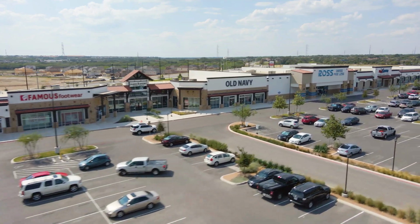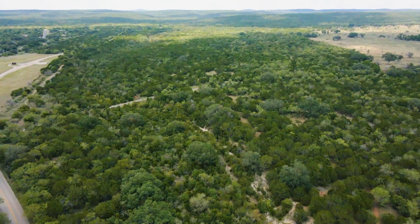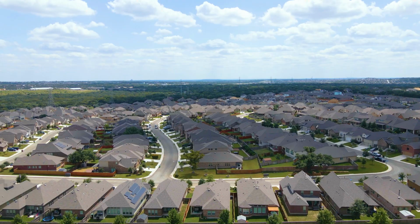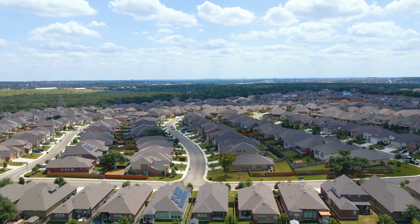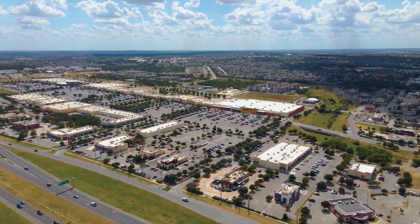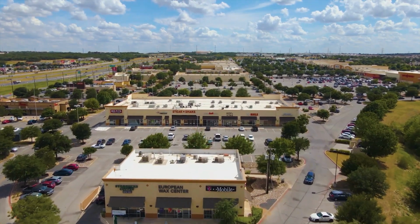Driving through the area, what usually stands out to most people is just how new everything is. A little over a decade ago, there was hardly anything out here at all, and it just kind of felt like you were out in the middle of nowhere. Fast forward 10 years though, and now you've got one of the most active and vibrant communities in all of San Antonio. The majority of the shopping, it's located near Loop 1604 along the major corridors of Culebra Road and